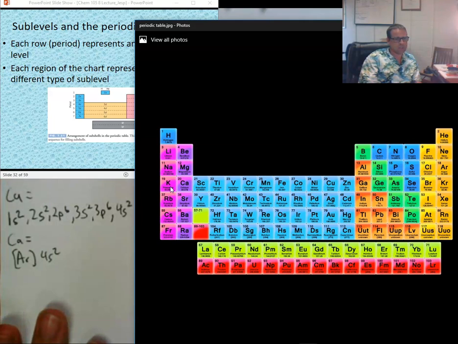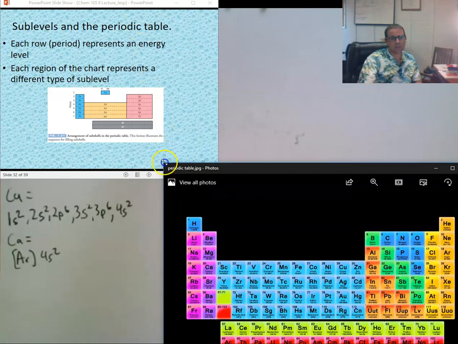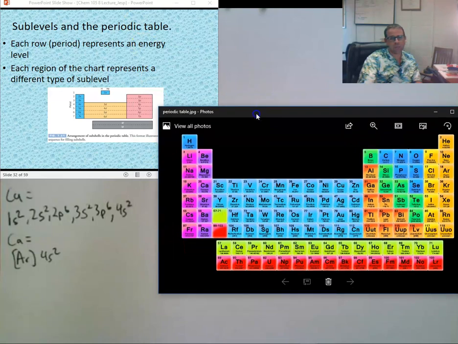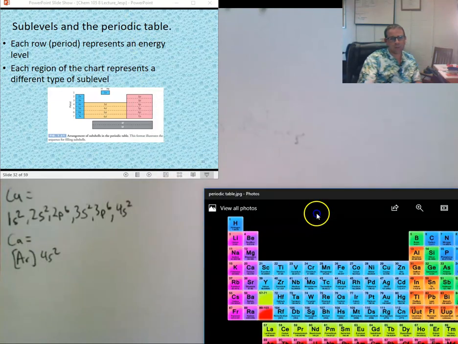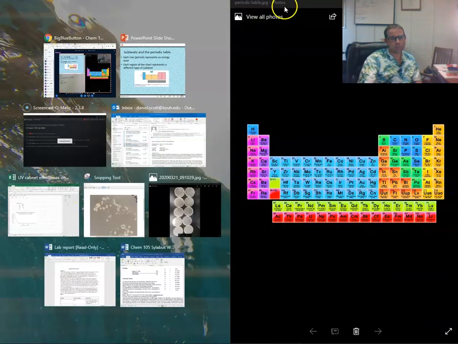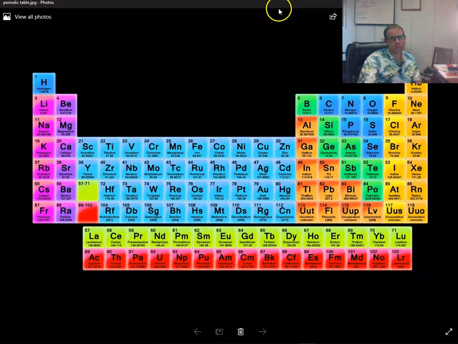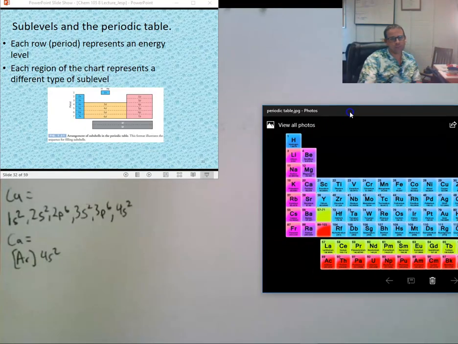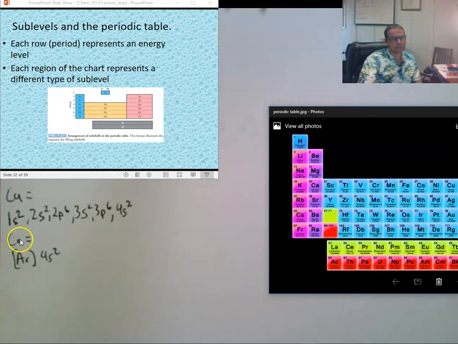One thing is it shows us what we call our valence electrons. Valence electrons are electrons that the atom is kind of willing to do chemistry with, okay? And so for this atom, calcium,